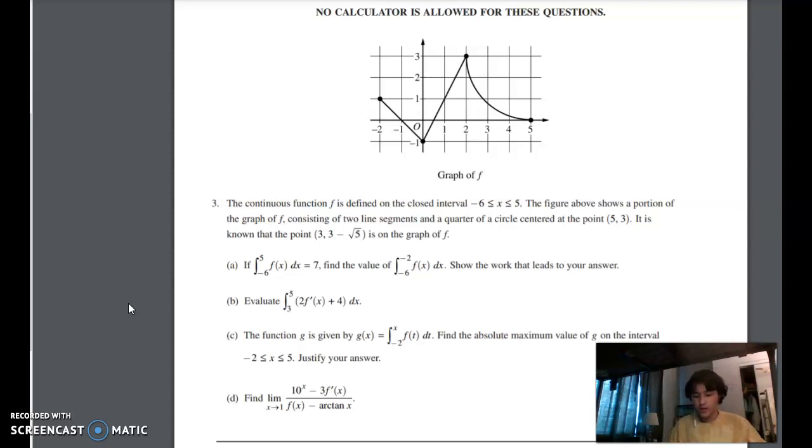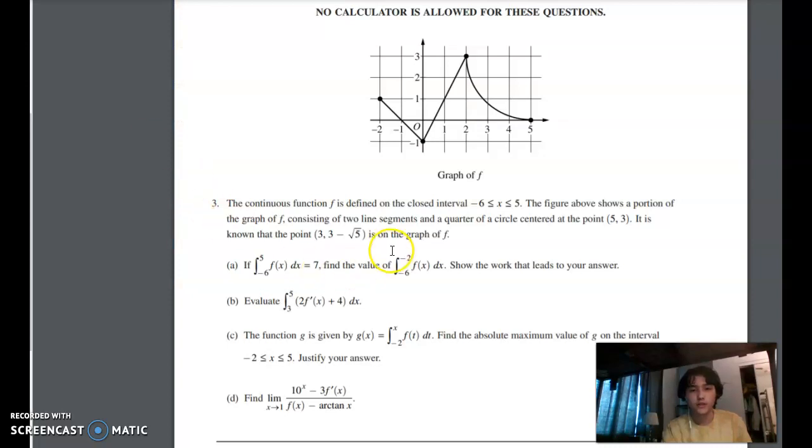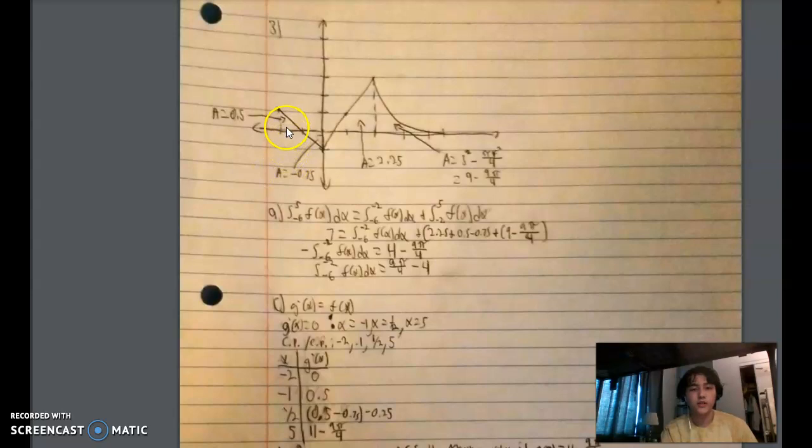So for letter A, first, before I do anything, I noticed that I'm going to need to find some areas because we need the integrals. So I find the area under the curve in each section. Here the area is 0.5, here it's negative 0.75, here it's 2.25, and here it's 9 minus 9 pi over 4. So to start with, I set the integral from negative 6 to 5 of f of x dx equals,